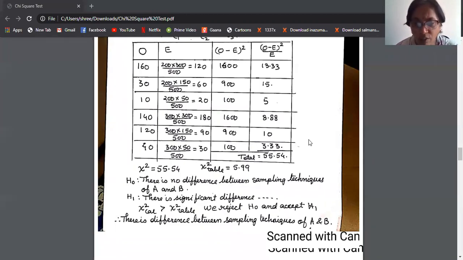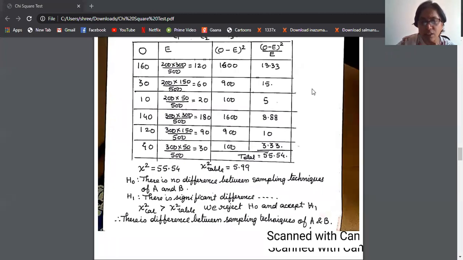The table value will always be given, whether it is a 2 cross 2 matrix table or it is 3 cross 3. In this case, it is 3 columns and 2 rows. So therefore, the value is different. Okay. So we go to the next one. Now, all of you be prepared. Now, you are going to solve, and I am only going to wait for the answers and check your answers. Okay.